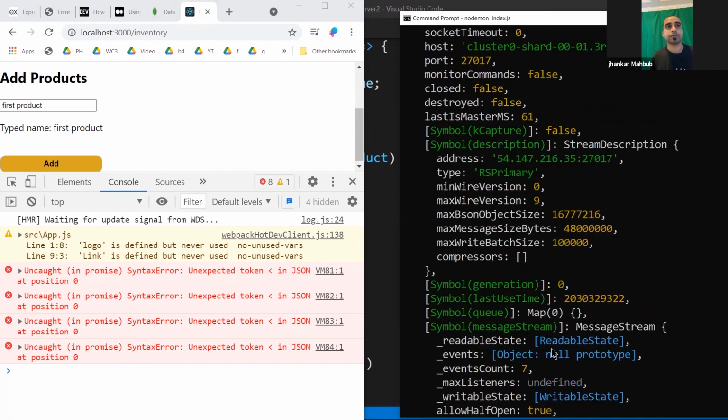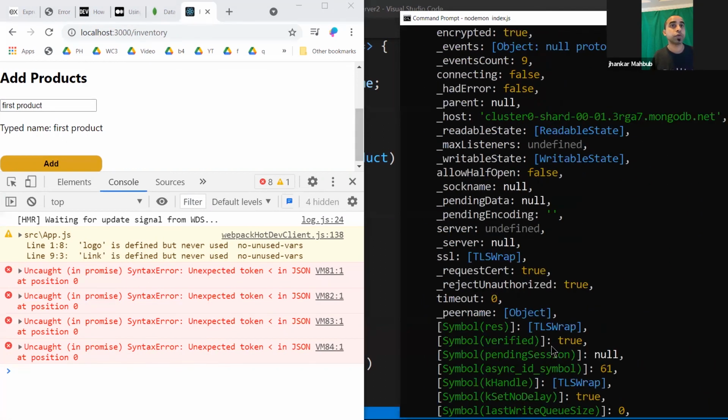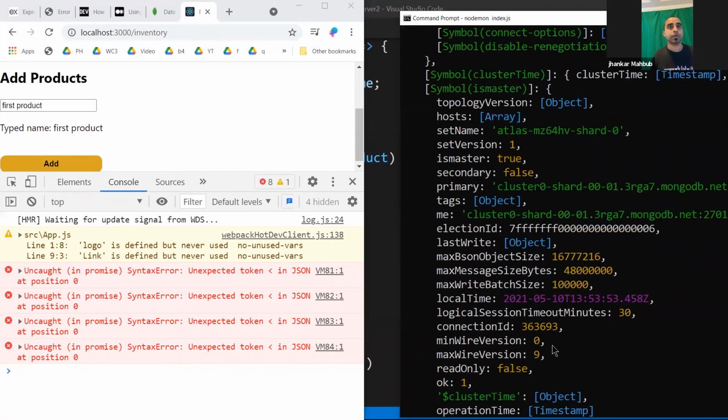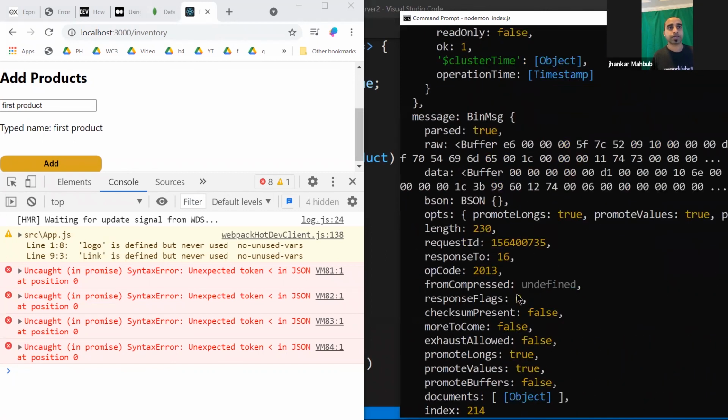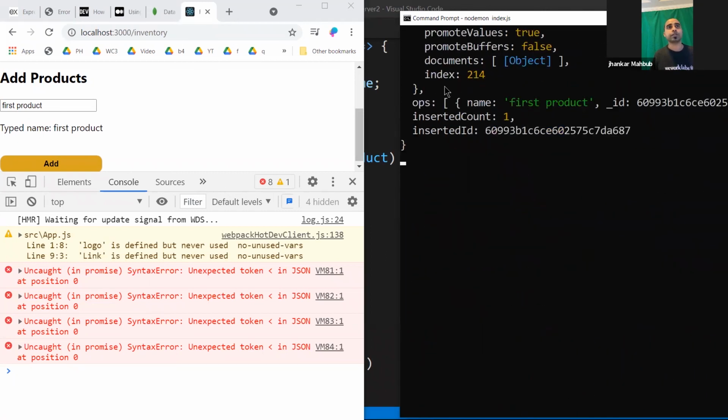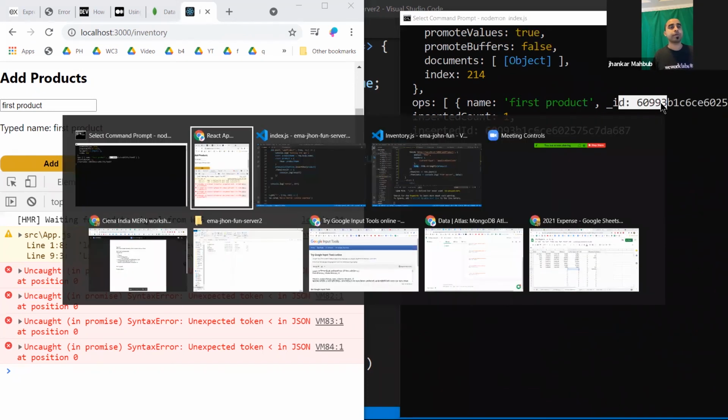It gives you so much information if you need it for any purpose, but all we care about right now is insertedCount. That means at least you are able to insert it. And if you see the ops, this is the product that was added, and by default MongoDB always adds an ID, a unique ID for every product.